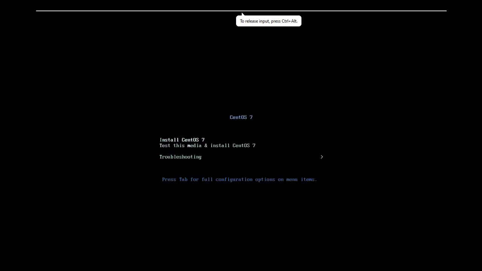After booting from the CD, it will ask you to check the media, or you can straight away install. So I am selecting install. Press enter to begin the installation process.